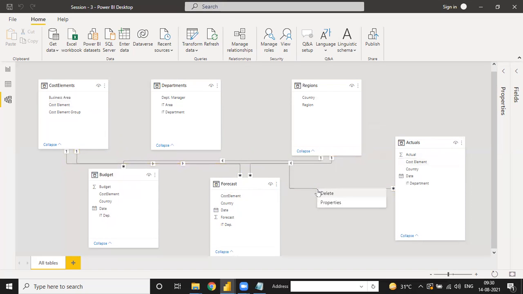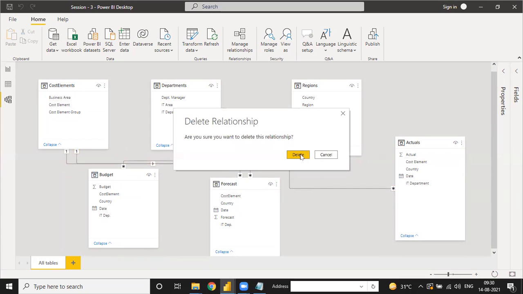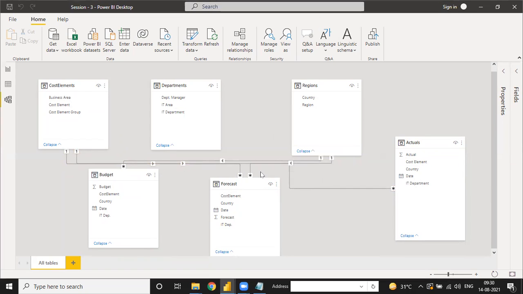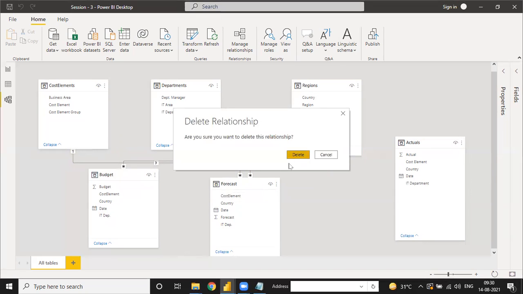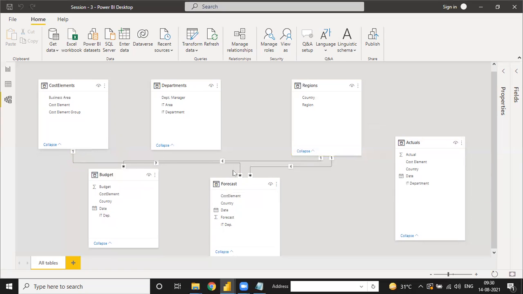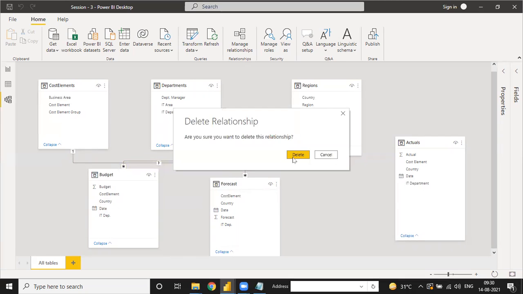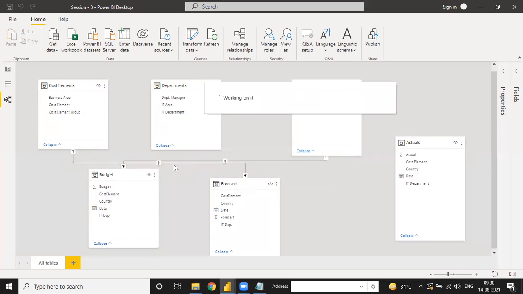There are two ways to make a relationship. First, Power BI automatically makes some relationships and misses some, so you have to analyze whether Power BI did it correctly or not, otherwise you delete them and make them according to what you need.